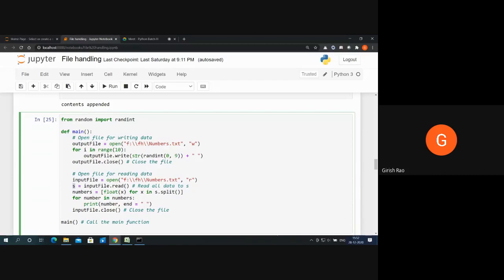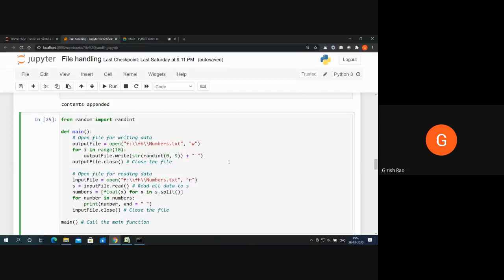How do you know it's a string? Because we have written it as a str, and write will write it as a string. That means this particular S is a string. But we know a function called s dot split. What does s dot split do? It splits as soon as it finds a space. But how do you know that in a file there is a space? Because I said kindly write a random integer, and along with that kindly write a space also. If that was not done, then this would be stored as one particular string, and I couldn't have split up these numbers. So I wrote a space over here.